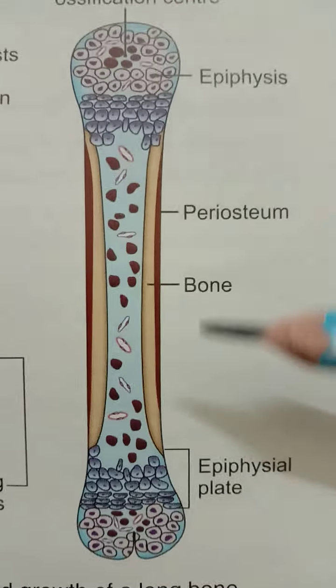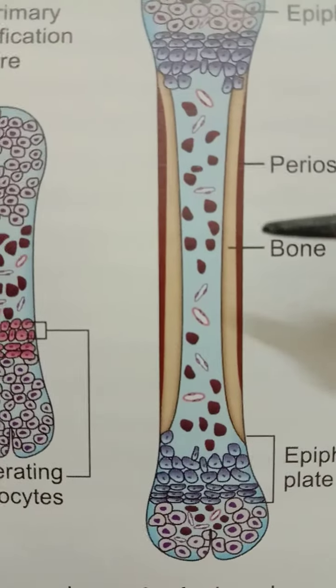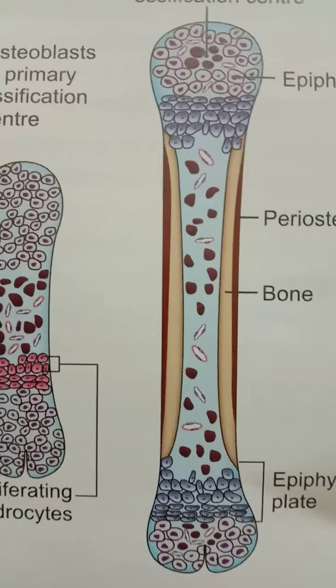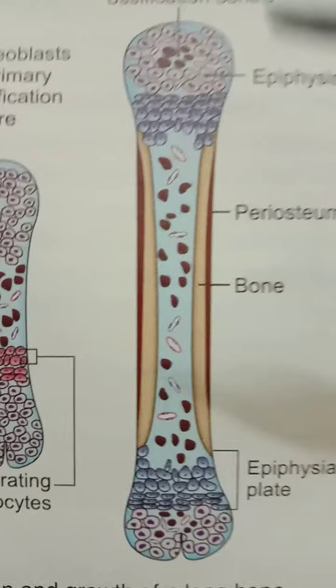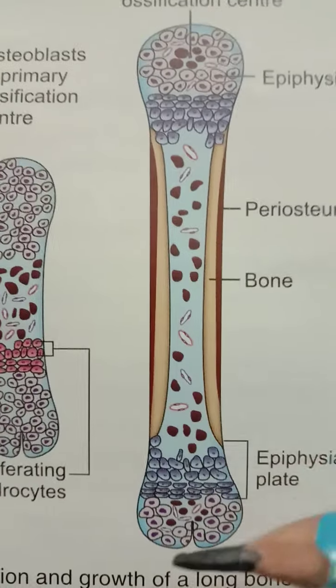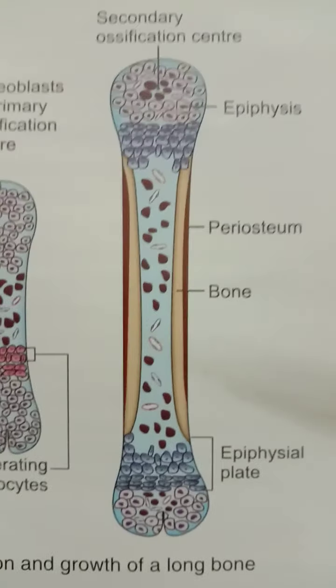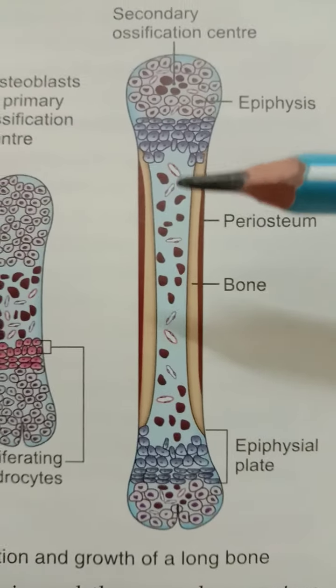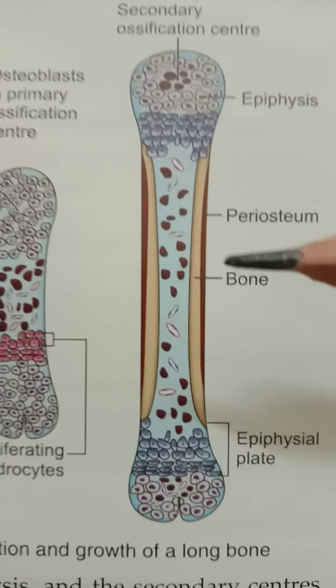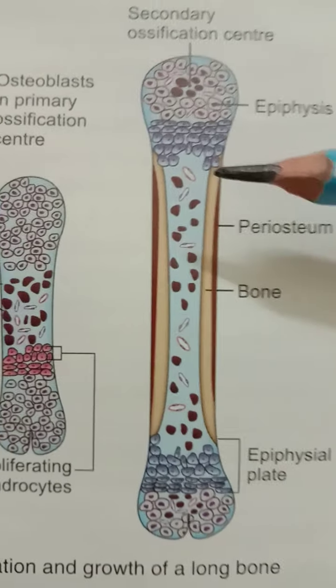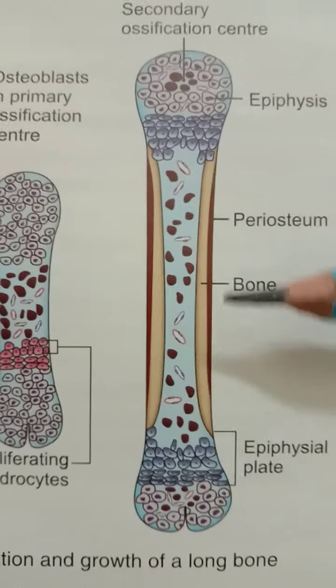Let's say that this is the structure of an adult long bone. By the naked eye, in the longitudinal and transverse sections of the long bone, the structure first shows the shaft. From the outer to the inner side, the outermost layer is the periosteum.